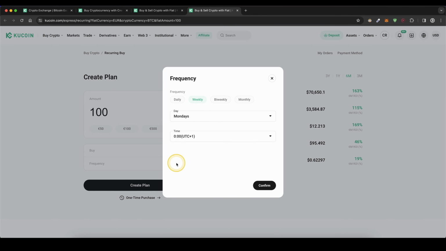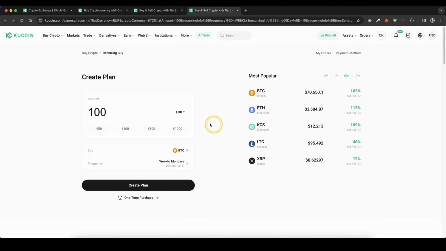Choose the frequency, so you can select between daily, weekly, every 2 weeks, or monthly. In this case, I'm gonna choose weekly, always Mondays at, let's say 10 o'clock, click on confirm. So I've set that all up, and then all I have to do is click on create plan right here,